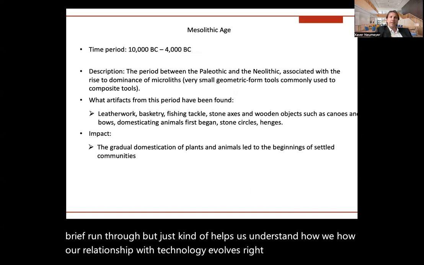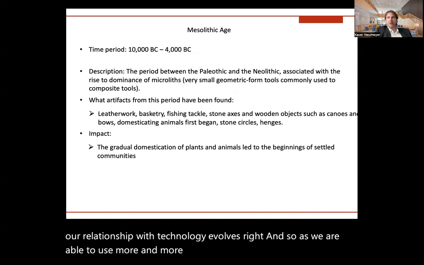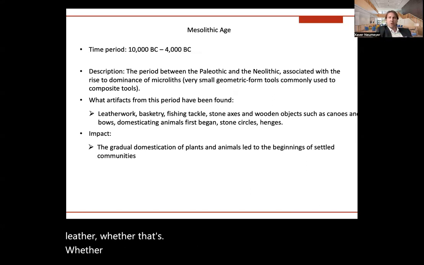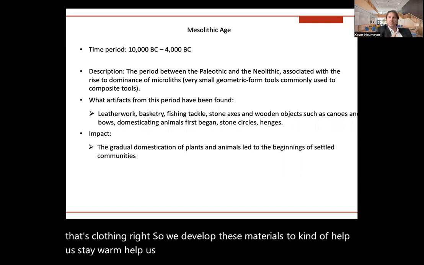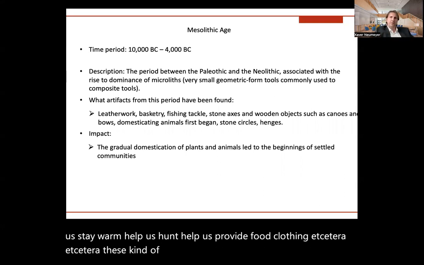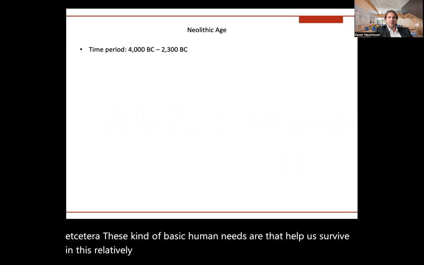As we're able to use more and more materials, whether that's leather, stone, bronze in a little bit, or clothing, we develop these materials to help us stay warm, help us hunt, and help us provide food, clothing, etc., etc. These are basic human needs that help us survive in this relatively hostile early part of our